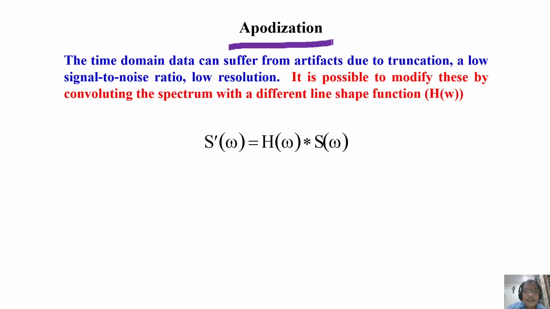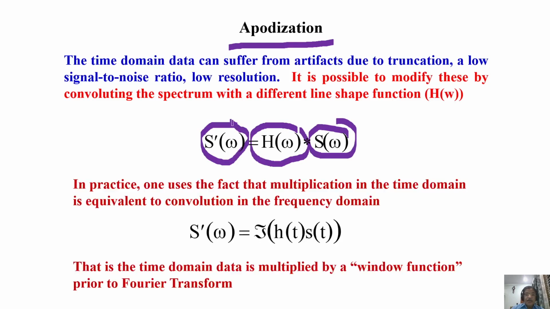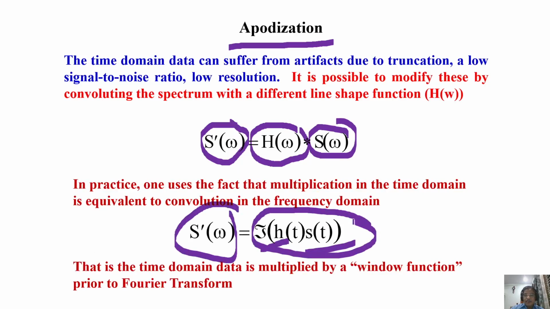So these functions I can use. These are called apodization functions. For example, I have a time domain signal, frequency domain signal here. I am going to get multiplication by something, and this is the real frequency spectrum. And in practice, you can multiply this in the time domain and get the frequency domain spectrum like this. This is what is called multiplication in the time domain. This is called a convoluting function. These two functions are convoluted. And this convoluting function here, this is called a window function.